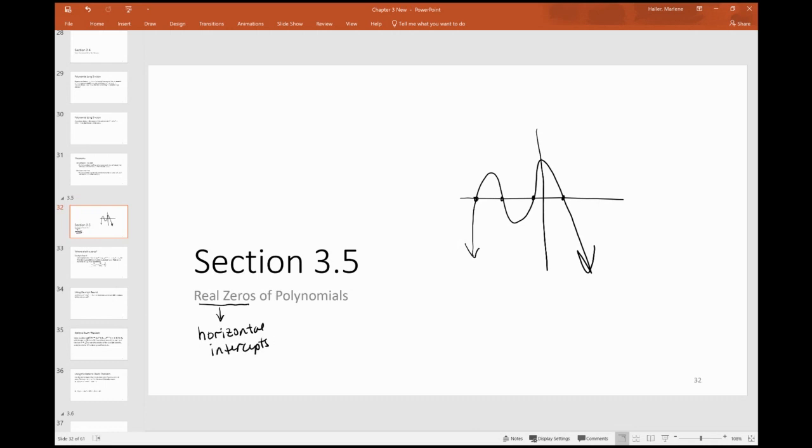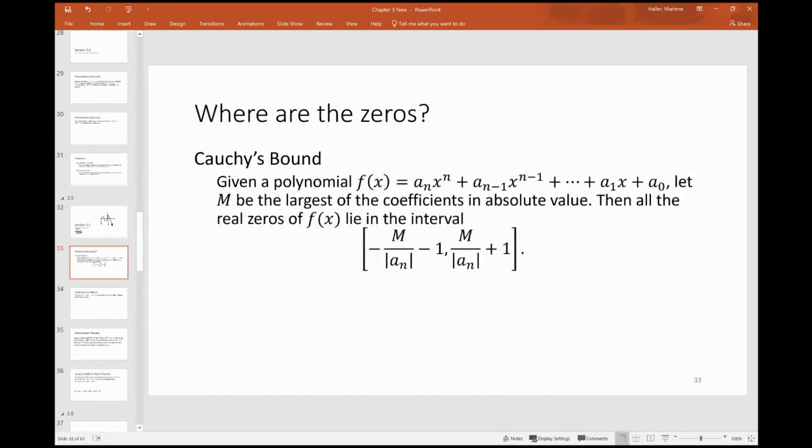All right, so how do we go about finding the zeros of a polynomial? Well, if we have a nice graphing utility, we can usually find them by playing around with our window. But what if we have a strange polynomial that makes it difficult to find the zeros? Or what if we don't have a graphing utility? Well, Cauchy's bound is a mathematical, or I should say an algebraic way of finding the zeros of a polynomial,